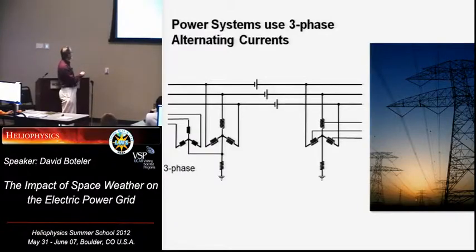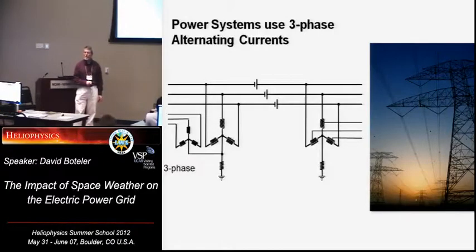But it's more efficient to generate with three-phase and to transmit power. If you're driving around and you see these power lines, if you look carefully, you can see the lines are always in threes. So this one will be one phase, that'll be the other, and that'll be the third phase. On these big lines there's often a little line across the top of the towers. That's just in case of lightning strikes, to take that current to ground. That's not carrying any power.